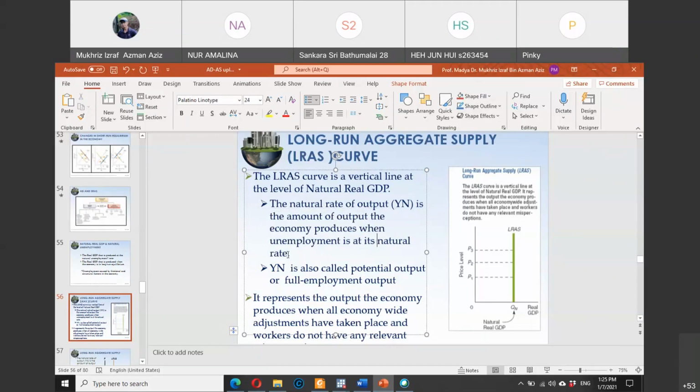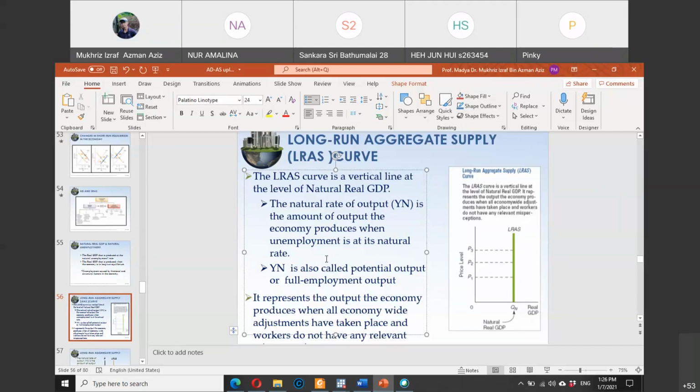So what is the natural rate of unemployment? Go back to our earlier lecture on unemployment, or you can just Google NRU, natural rate of unemployment. Basically, in any country in the world, even though the economy is doing very well, for example, let's say we have no COVID-19, the economy is at full capacity, many people have jobs, and there is a low level of poverty.